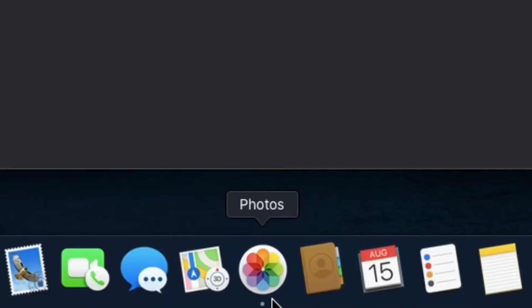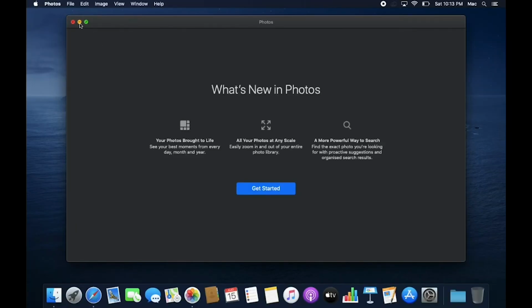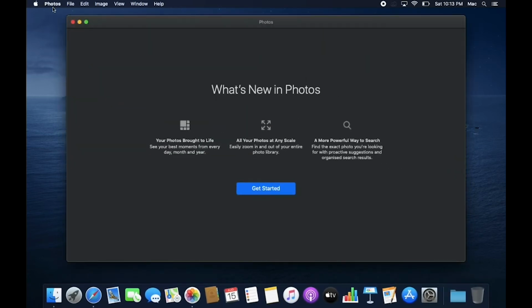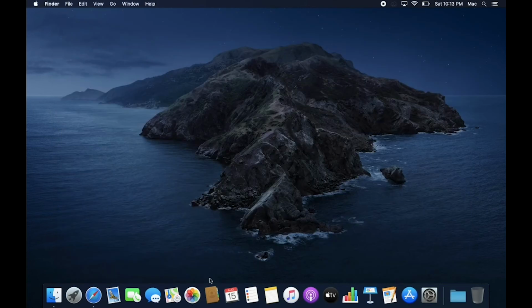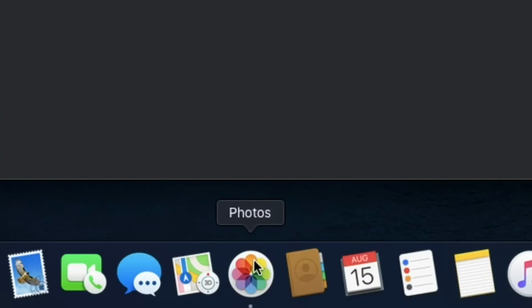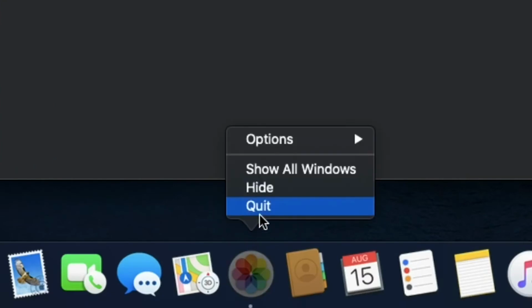The little dot below the app indicates that the app is running in the background. You can quit the app by right-clicking on the app and selecting Quit.